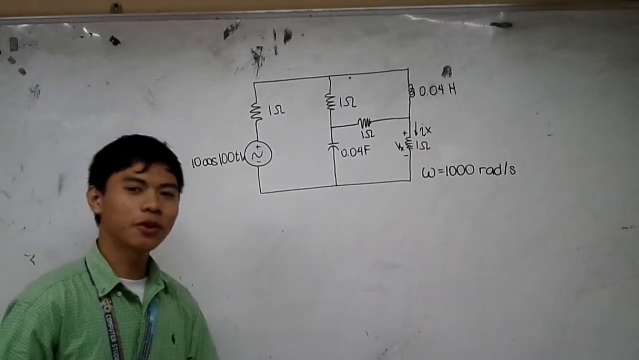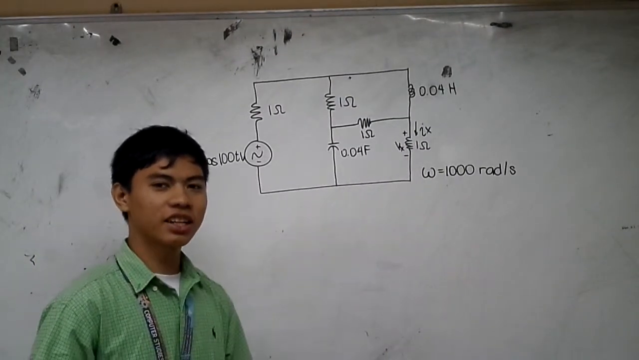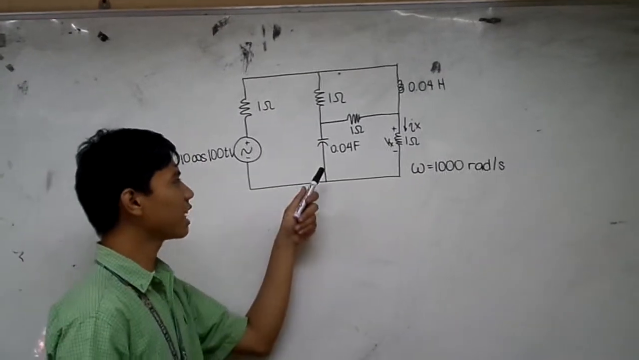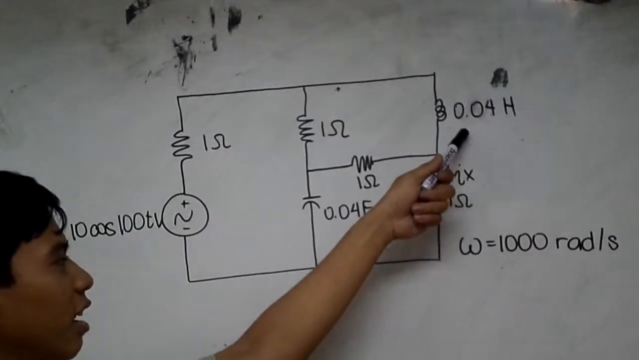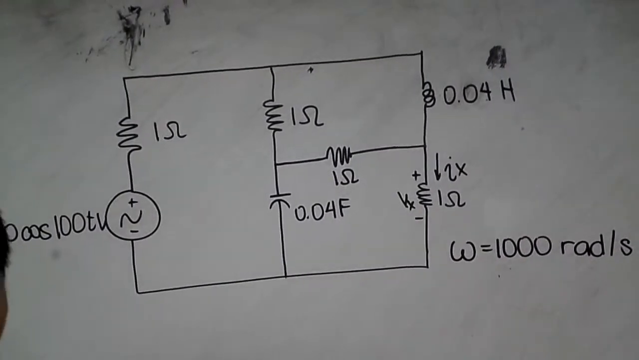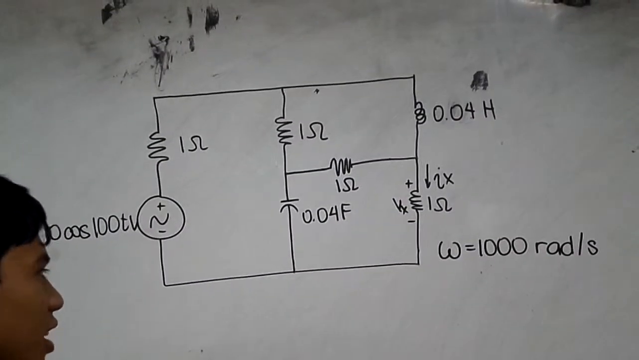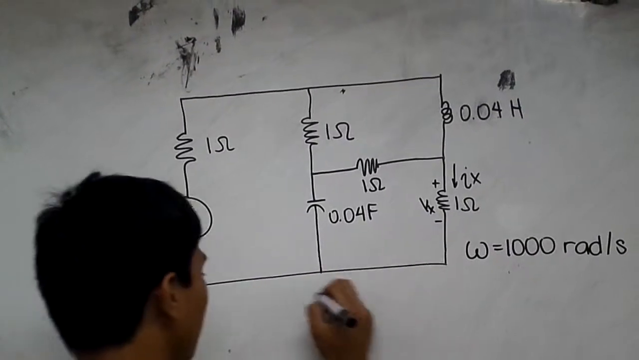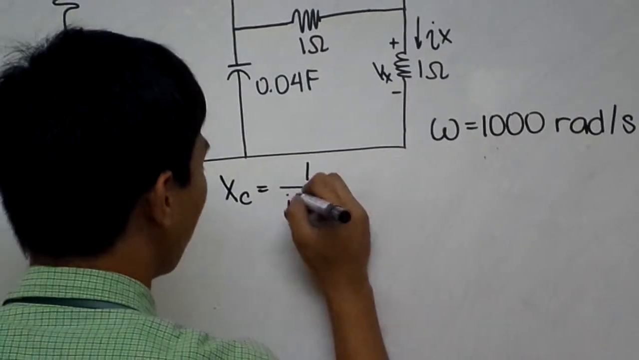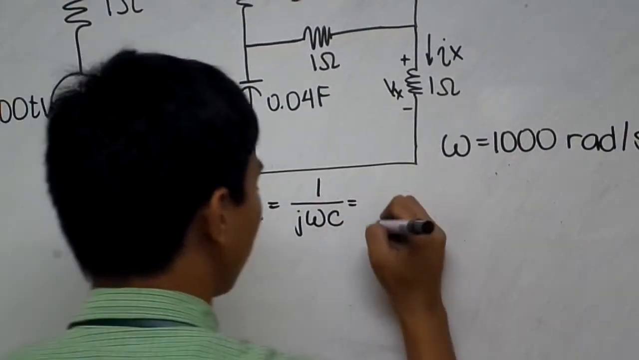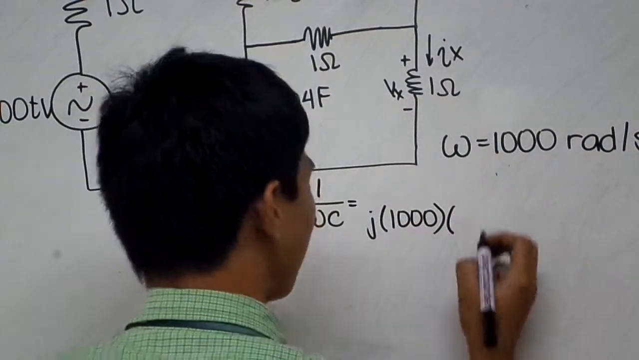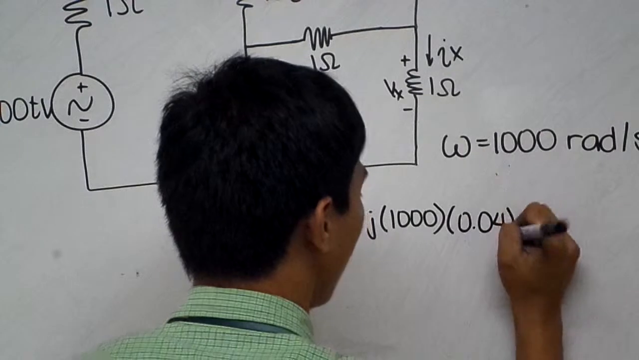Now, for us to further understand and reinforce our knowledge on mesh analysis, we will now consider this example. As you can see, we are now considering an inductor and a capacitor. First, we have to find the equivalent impedance of the capacitor and the inductor. We will use this formula to find the impedance for the capacitor, that is 1 over j omega C. Substituting the values, we will have j times 1000 times the capacitance, that is 0.04 farads, and you get the